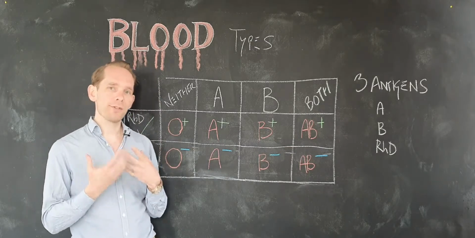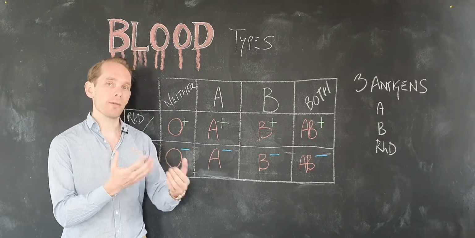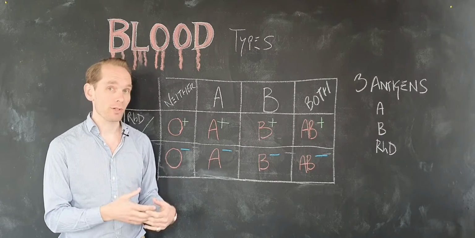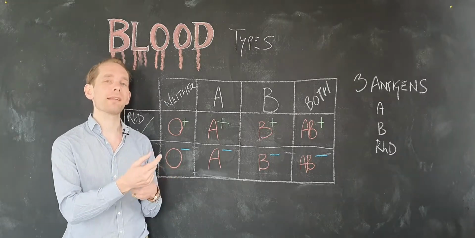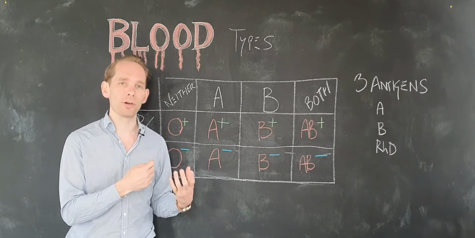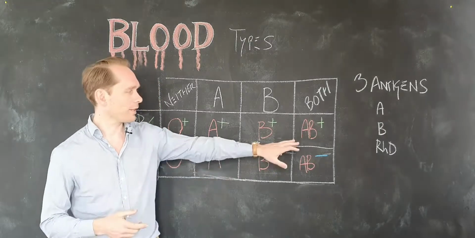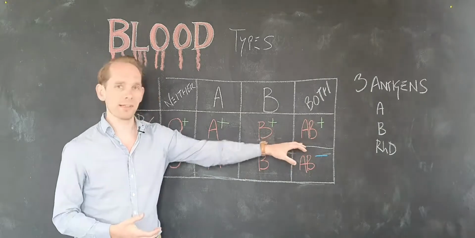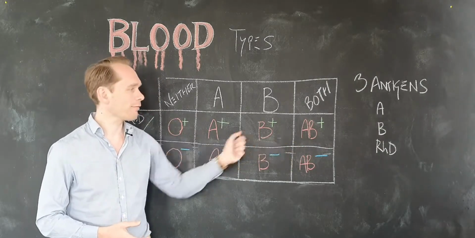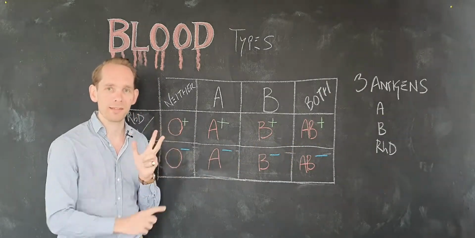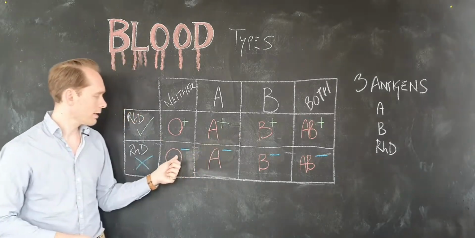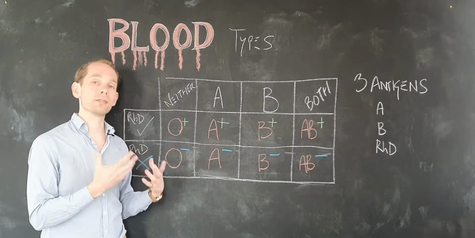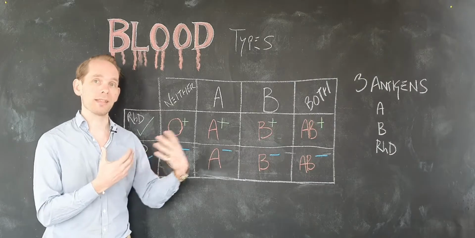If you have a blood transfusion, then the blood type that you receive is extremely important. It has to match your antigens, or at least it has to contain no antigens that your body won't recognize. Now what that means for these rare ABs is they're called universal acceptors. They can receive any of these blood types because their body recognizes the A and the B and the Rhesus factor. Meanwhile, the O negative is known as a universal donor because if O negative blood is given to anyone,